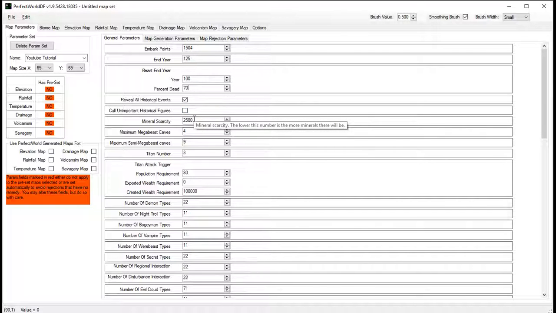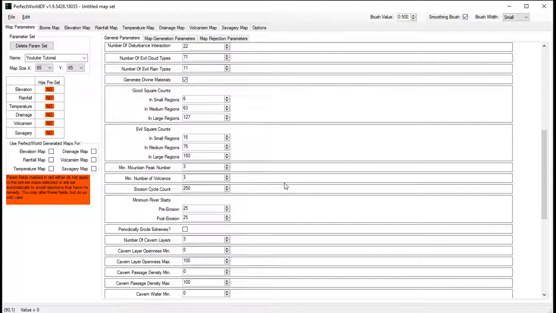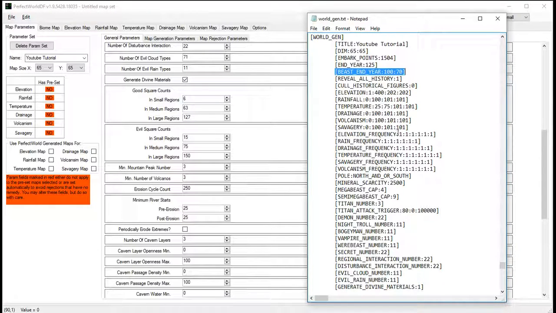Again, you get your mineral scarcity. It tells you this: the lower the number, the more minerals you have. It gives you more information about things like your population requirement or your exported wealth, the demon types. So it gives you a little bit more information about everything. And the biggest bit is that it brings it out of the colon region of understanding, like right here, elevation frequency,